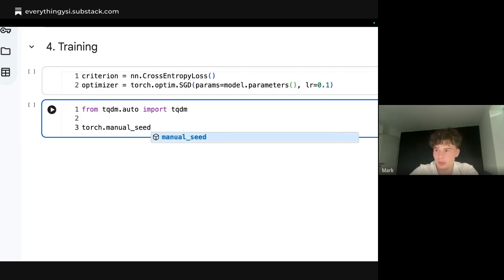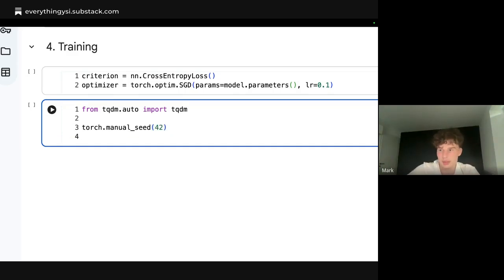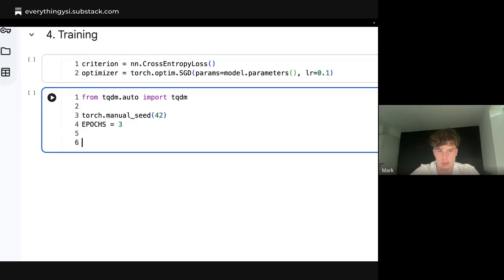Create a manual seed of 42. Again, specify the number of epochs, which are the runs through the training set we're going to take to train a model. So 3 epochs means we're going to go through the training set 3 times and train the model 3 times. Yeah. So for every epoch in range